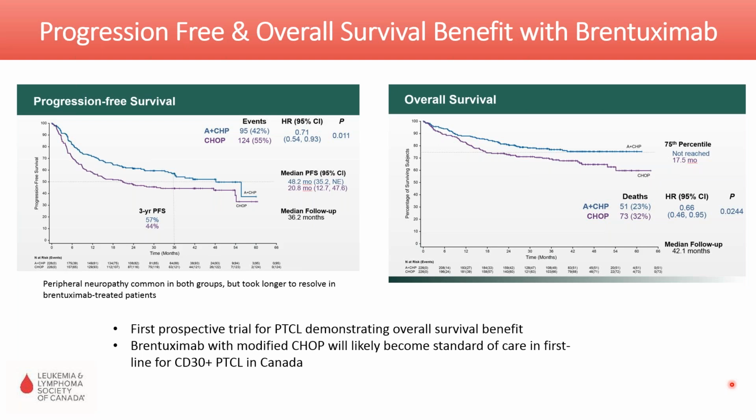And you were less likely to die from your disease. So the trial is important in many different ways. This is the first trial in T-cell lymphoma that showed adding a new therapy makes a difference in terms of outcomes. And I do think this will become a new standard of care first line for patients with T-cell lymphoma